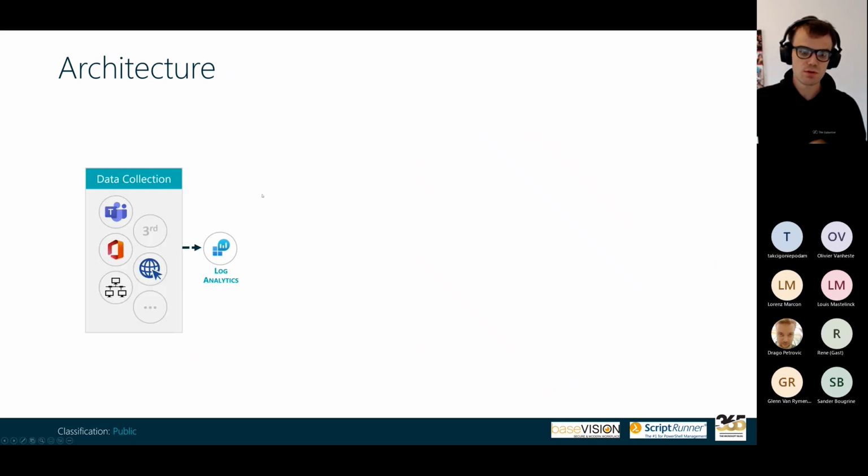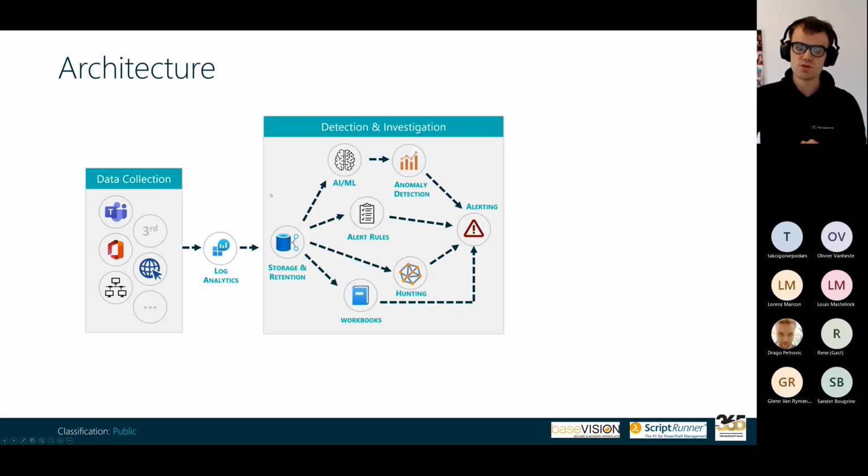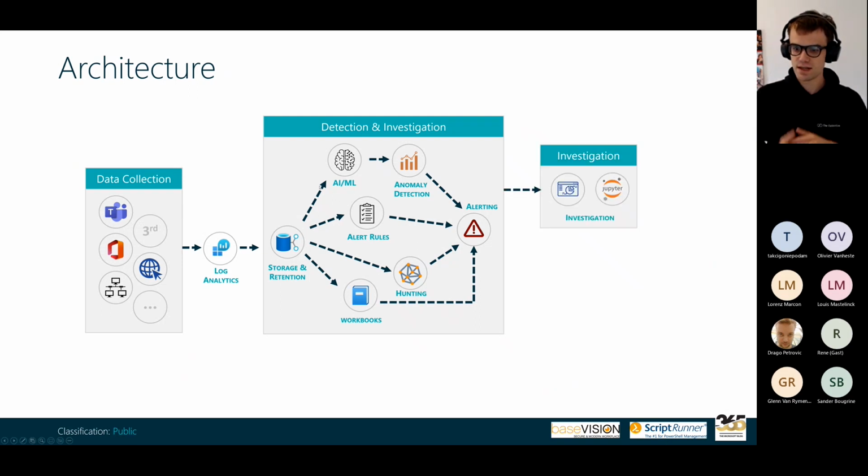What else do we have? Well, of course, we need to have data within the SIEM. So we will do data collection by enabling different data connectors, which will get the data from different sources into our SIEM system. And once it's in the SIEM, we can do alert creation. We can look through the data, hunt it, visualize it through Workbooks, and we can create incidents. And of course, these incidents can be investigated both through the portal and through the API or through other means